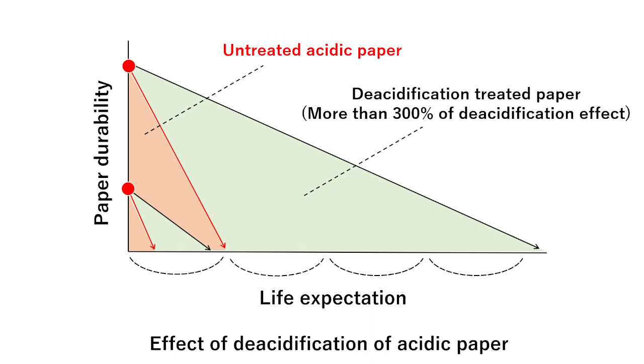As mentioned before, the main problem is that in aqueous deacidification treatment, the dimensions of the paper can be changed by the use of water, and wrinkles are likely to form. As a countermeasure against such a problem, it can be said that the treatment method with non-aqueous gas is effective. However, there is a possibility of a smell due to volatilization of organic components from the paper after treatment, and the paper may be discolored accordingly.